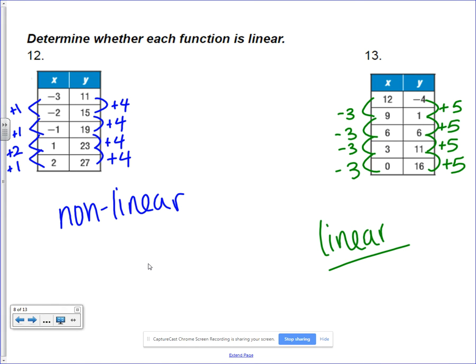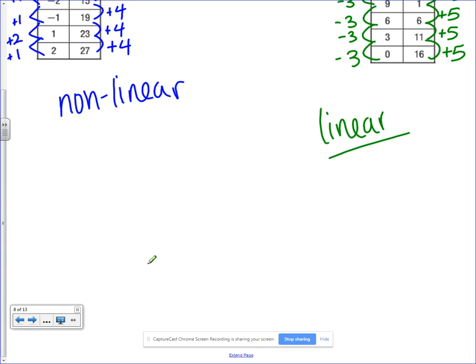Okay. How are we doing, ladies and gentlemen? Good? I am requiring you to label your points and write your formula. Are we clear on that? Okay. Your homework is